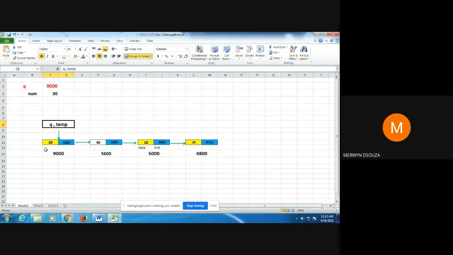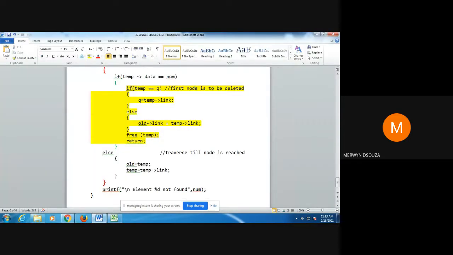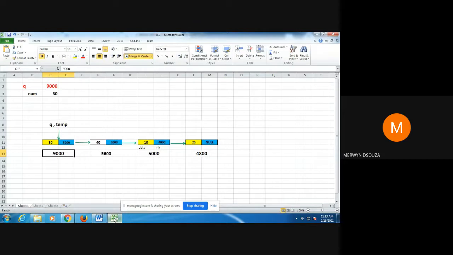So if we are deleting the first node, the value of q will be equal to the value of the temporary pointer that you have introduced. So that condition will be true. Whenever you're deleting the first node, the address stored in q will be equal to the value of the local temporary pointer.